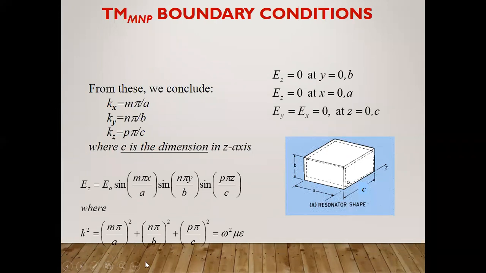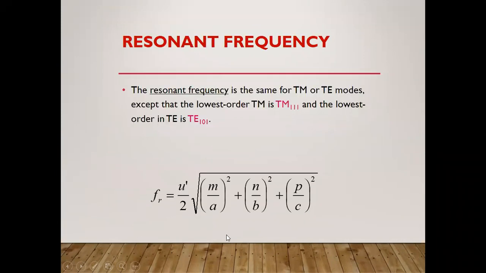Likewise, if you are not having this value directly, it means that indirectly you are having the value of omega square mu epsilon pair: the angular velocity, permittivity, and the permeability. In one of the numericals, maybe you will have the values of A, B, C, or maybe the values of M, N, and P. If you are not having either M, N, P or A, B, C, then definitely the values will be given in the form of the permittivity, permeability, and the angular velocity or frequencies.